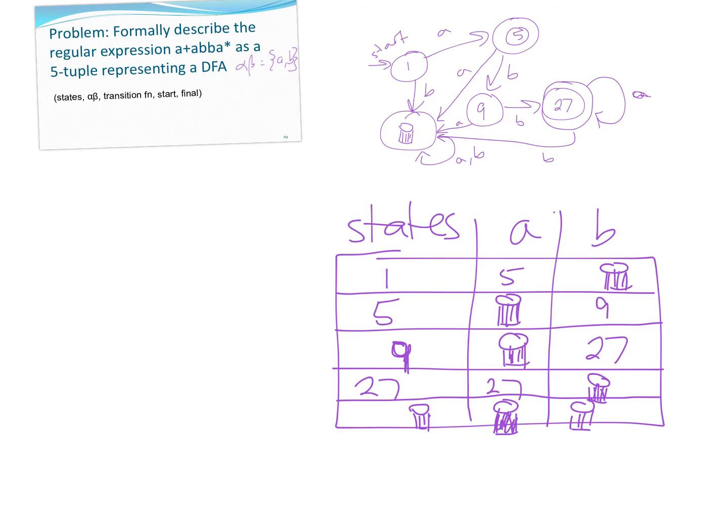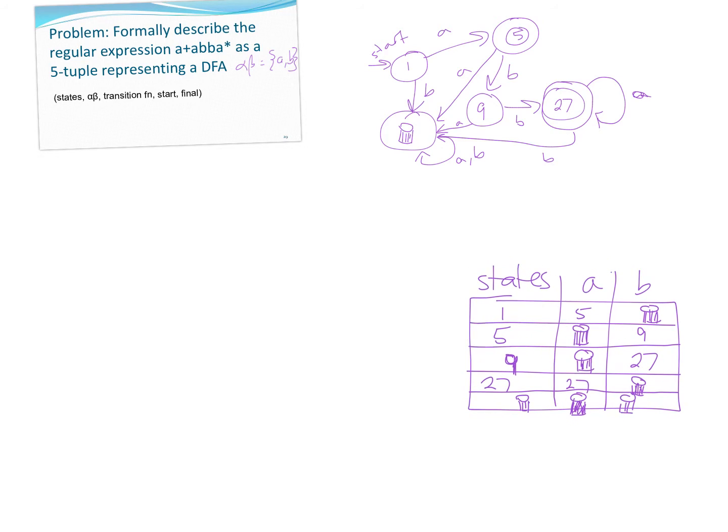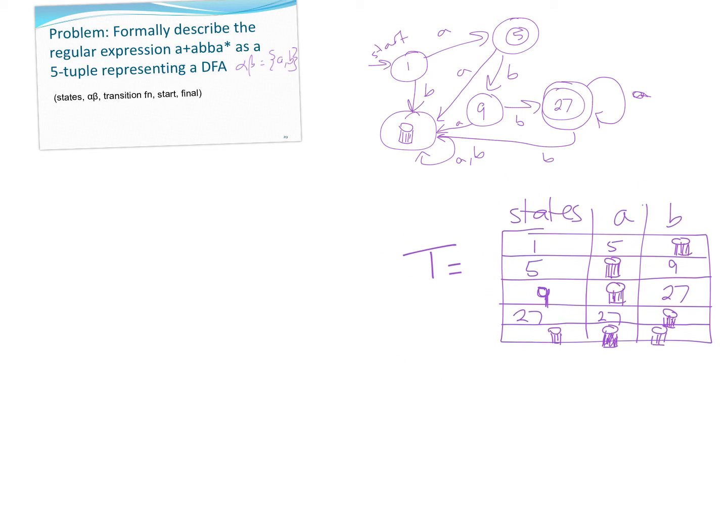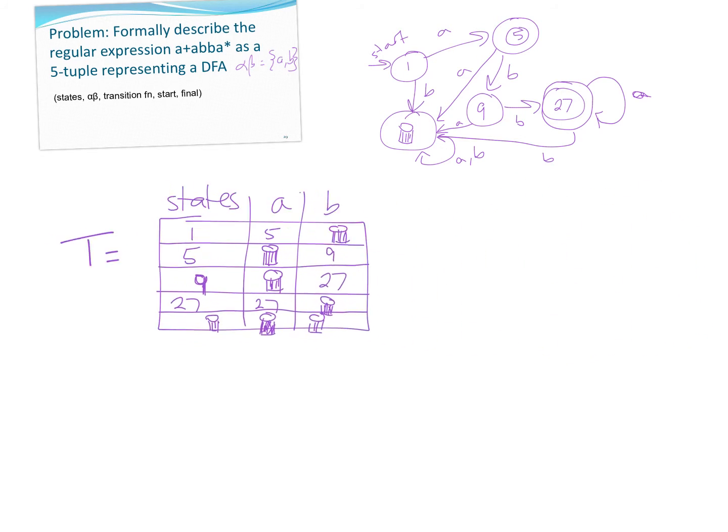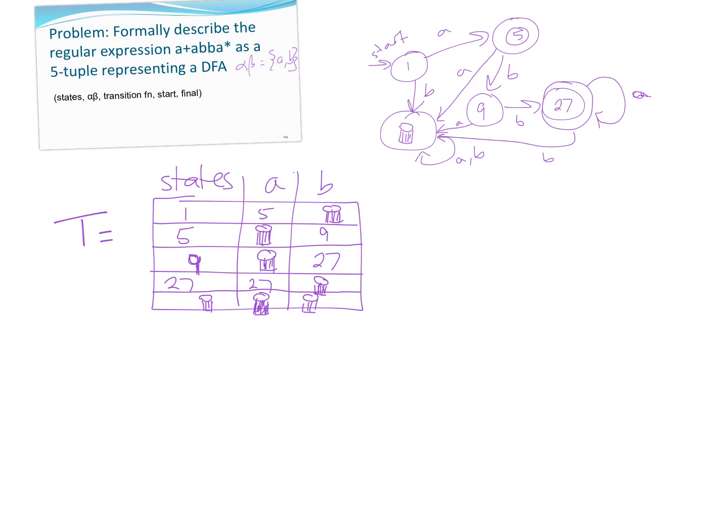So in fact, I reminded you up here, here's our 5 tuple. We need to start with the states, then the alphabet, and so on. So let's make that just a little smaller. And we will say that's our transition table. And let's just move that up here so we have room for our 5 tuple. We'll put it right there. And so our 5 tuple for our DFA